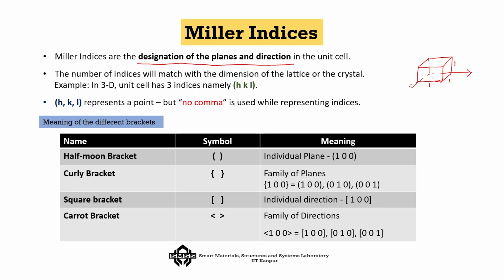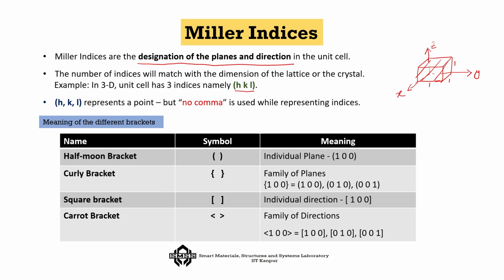So, you can keep the directions x, y and z. So, that is the unit cell. Now, the number of indices will match with the dimension of the lattice or the crystal. In a 3D unit cell, we will define this index in terms of HKL, but keep in mind that there is no comma after H or K or L. If there is no comma, then only it becomes an index, otherwise it will become a 3D coordinate,